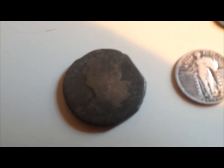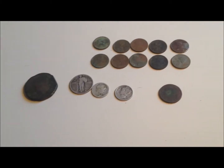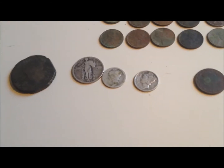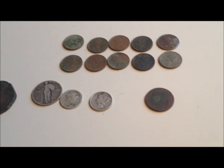That was my find for that day. So I did pretty good in my backyard. V-nickels, and I never got any of this. I never even thought it would be in the back, and that's on top of the Indian head penny I found in one of my first videos. So, real cool finds. After I did that, I was in another place in New Hampshire, towards my parents' house,